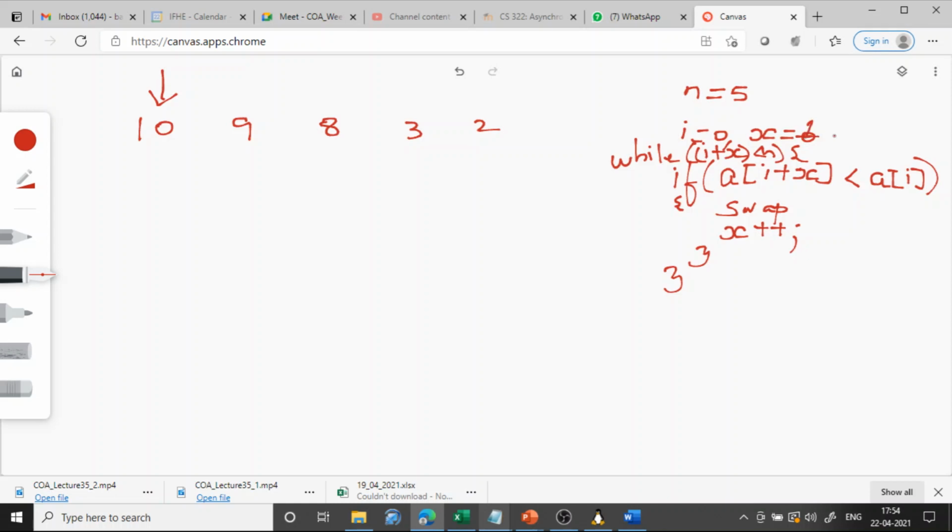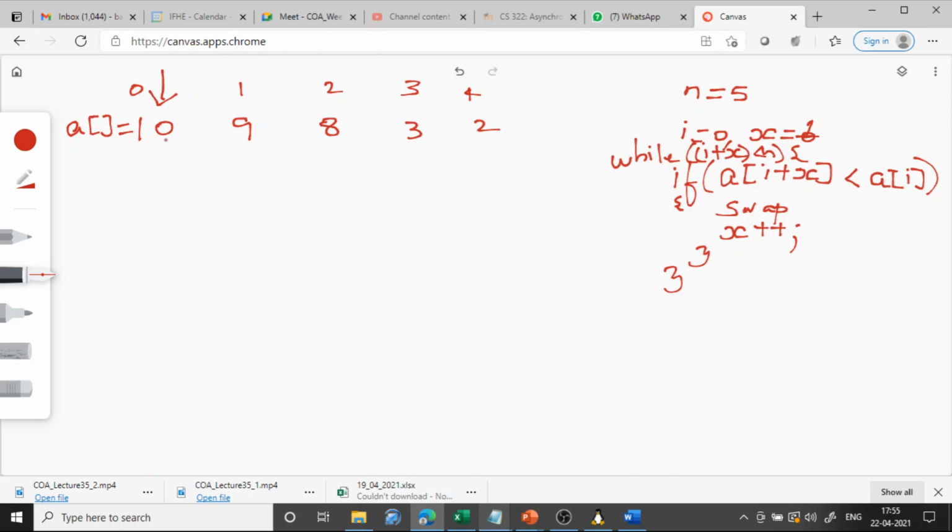This is array A: the 0th location, first location, second location, third location, and fourth location.